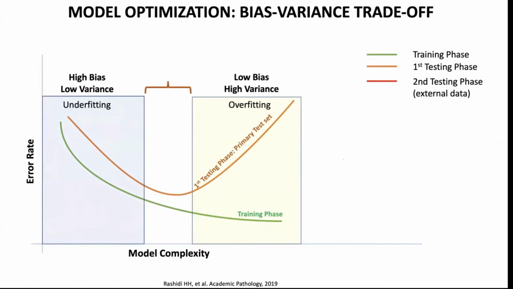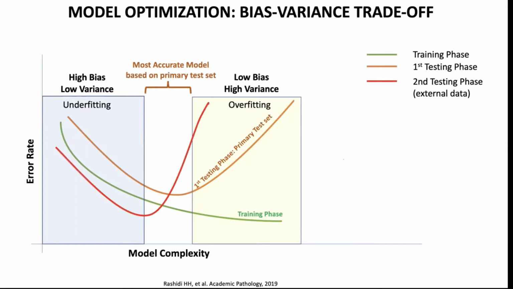So really the range of where the best model is, right there in that low area, is what we call the bias-variance trade-off. But ultimately, that's not even the best area, because within that range you still have lots of areas to test out. Even though this is the lowest area here, the best area within this range may actually be something to the left or something to the right. So you really should be testing it on a secondary data set as well, and preferably even a tertiary data set after that, to see truly where the actual generalizable model is.